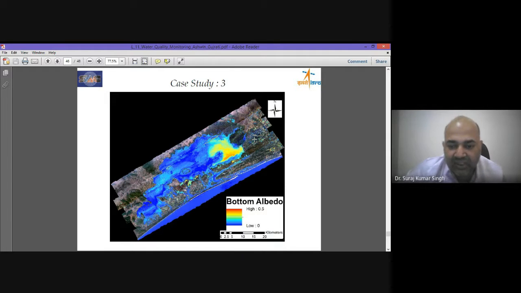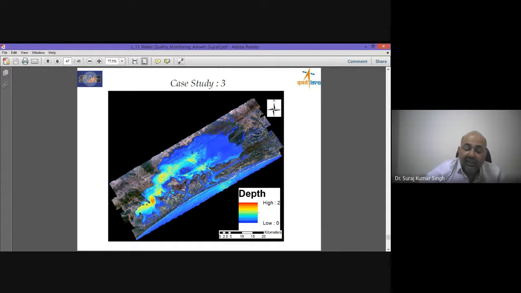Then what is the bottom albedo? By using the various remote sensing indices, we can collect this also about the bottom albedo. Then depth, where is the depth low, where is the depth high? Means the turbidity, I can say that if the depth is high, the turbidity is low. If the depth is low, the turbidity is high. Means maybe there is any relationship between the